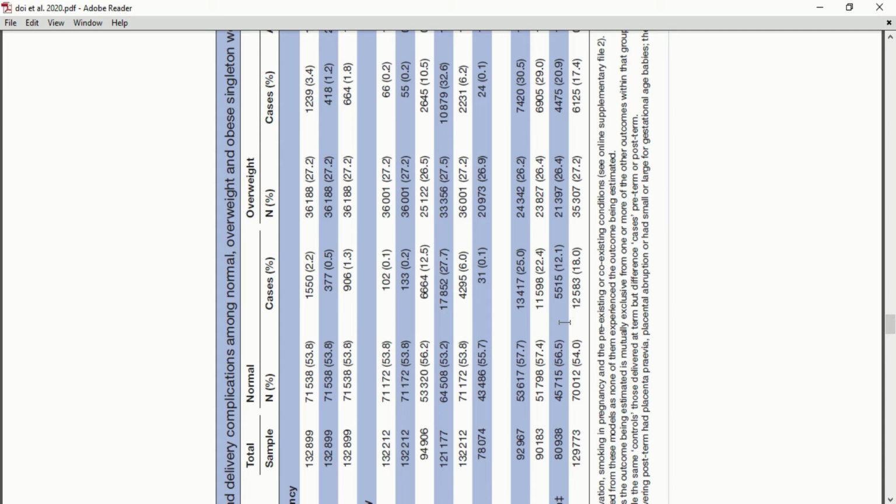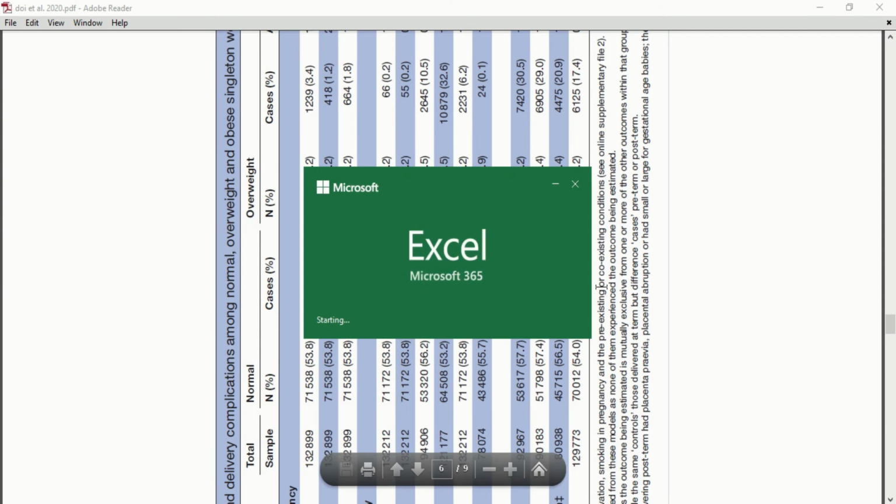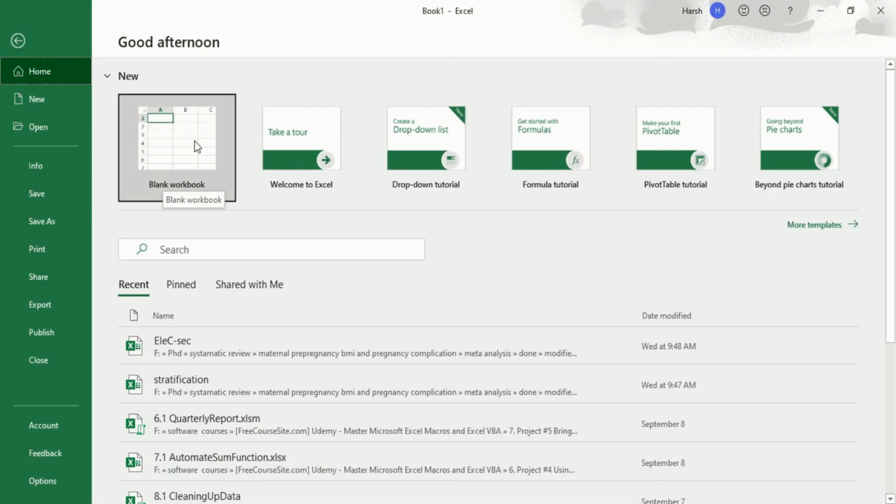For that we have to go into Microsoft Excel. Now let's go to Microsoft Excel. Now we are on the starting page of Microsoft Excel and this is what it looks like. Now the question comes to your mind: how can I convert that PDF table into an Excel workbook? That is also kind of easy with the new updates that came along with Microsoft 365.